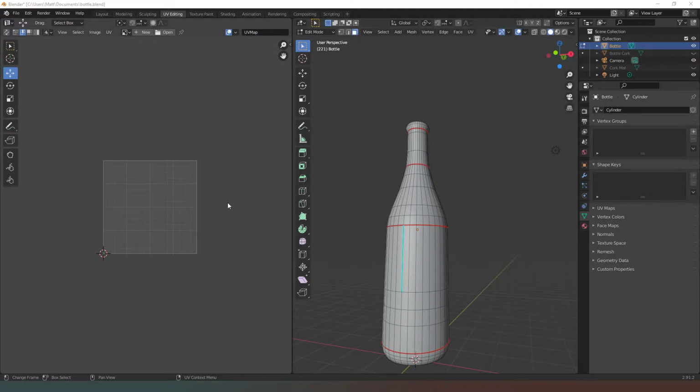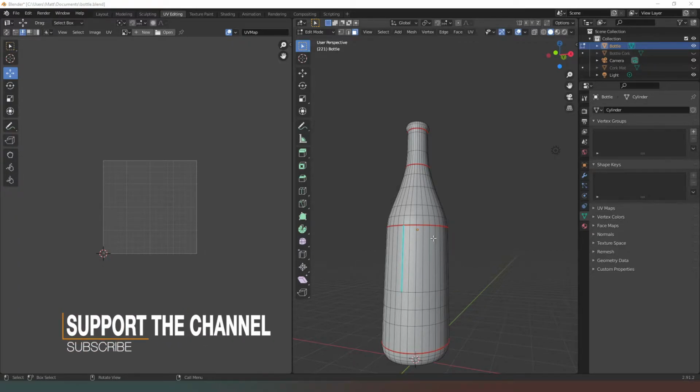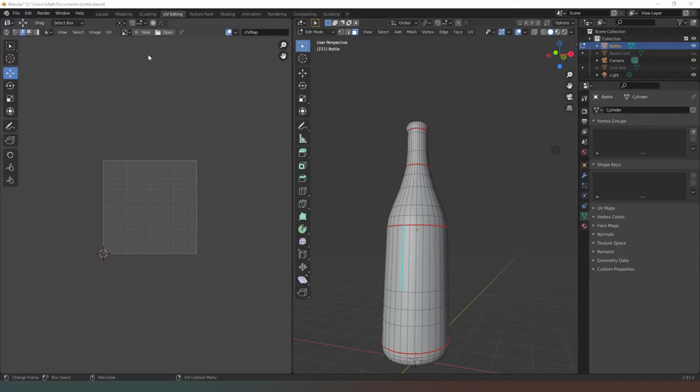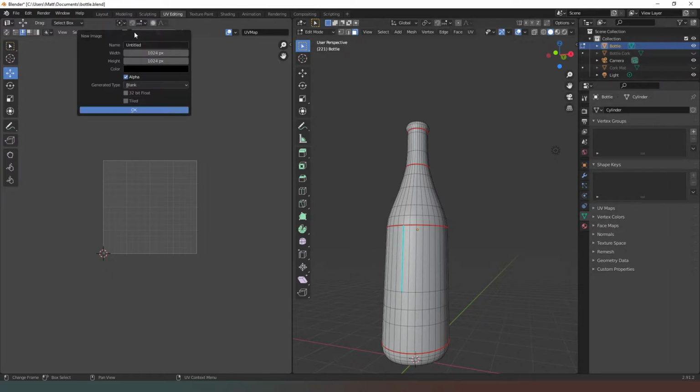So we've already played around with getting our UV texture onto our map like over here. And what we want to actually do now is utilize the tools that we've already got and the stuff that we've already done to be able to actually paint our texture onto our object. So what I'm going to do is on the UV editing tool up here, I'm going to hit new and we're going to create a new texture. I'm just going to call this bottle